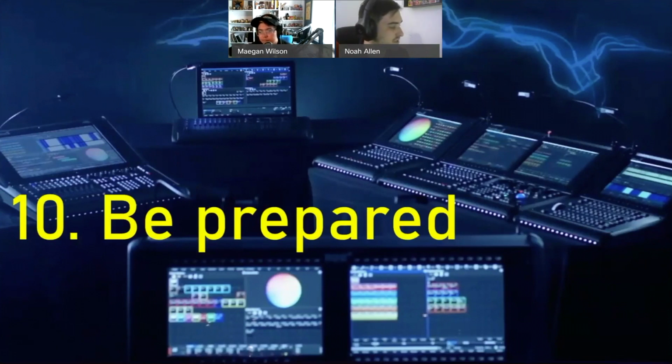Another thing I'll say for being prepared is you can create a lot of stuff at home even without a visualizer, even without a fixture present. What I mean by that is if you have at least a plot or a fixture schedule of some sort, you can at least add the fixtures in early. You could at least have them patched roughly. Even if you have to change the patch, it's not that big of a deal, but at least have them in, have them labeled, and create the layout that you're going to be using for that show